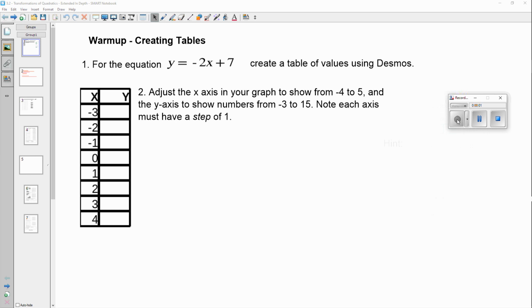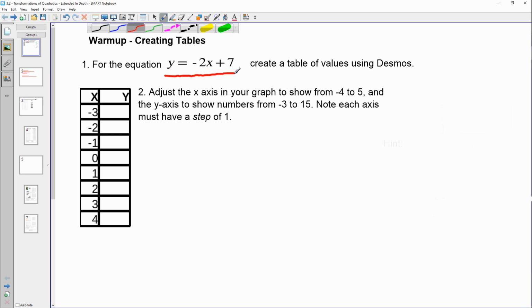For today's warm-up, I'd like you to create a table of values for this basic equation here: y is equal to negative 2x plus 7. You're going to create that table using Desmos. Now you'll notice you're going from negative 3 to positive 4, and whatever you generate for your table of values, I want you to finally adjust